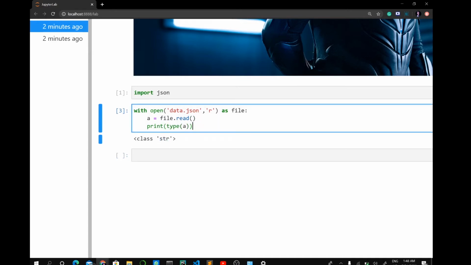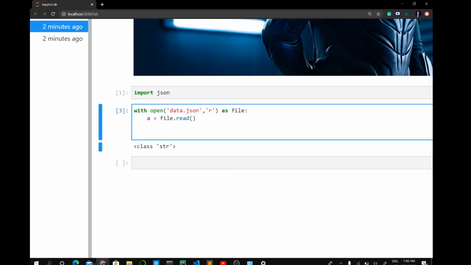If you want to convert the JSON object into a dictionary, right now this a is in string format, so there is a function provided by the JSON library to convert a JSON string object into a dictionary, and it's json.loads. The S stands for string. I'll also tell you about only the load function. So this loads, the S stands for string, converts a JSON string into a dictionary type.